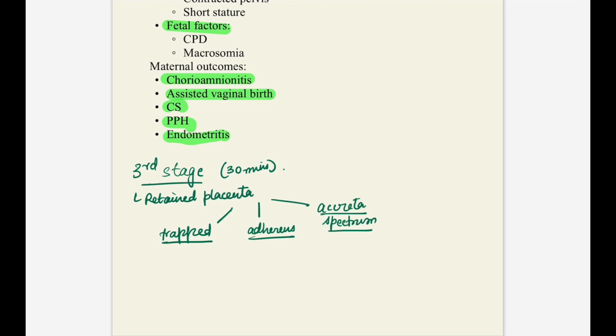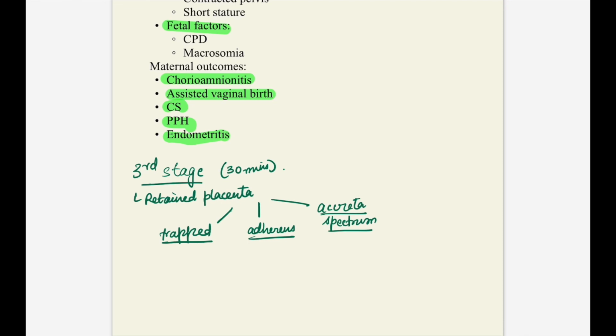So in these cases, how will you manage? So in most cases of a prolonged third stage of labor, if you just do a controlled cord traction, eventually the placenta will come out. Controlled cord traction is called the Brandt-Andrews maneuver. It means one hand is on the fundus. You'll keep the hand there to prevent the uterus from inversion and to keep the uterus in position. And the other hand exerts downward traction parallel to the birth canal's direction, and it's a controlled, sustained downward traction. So that's controlled cord traction.